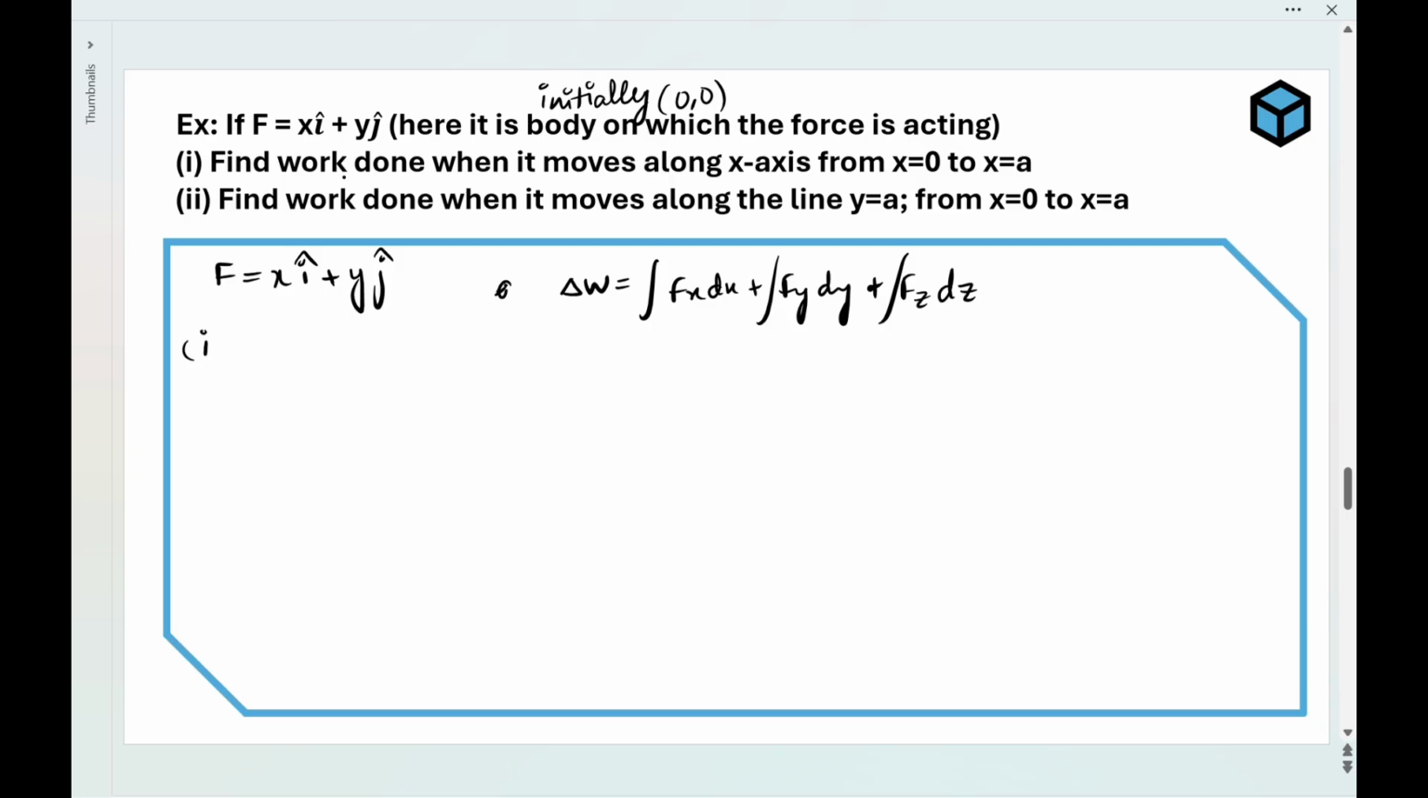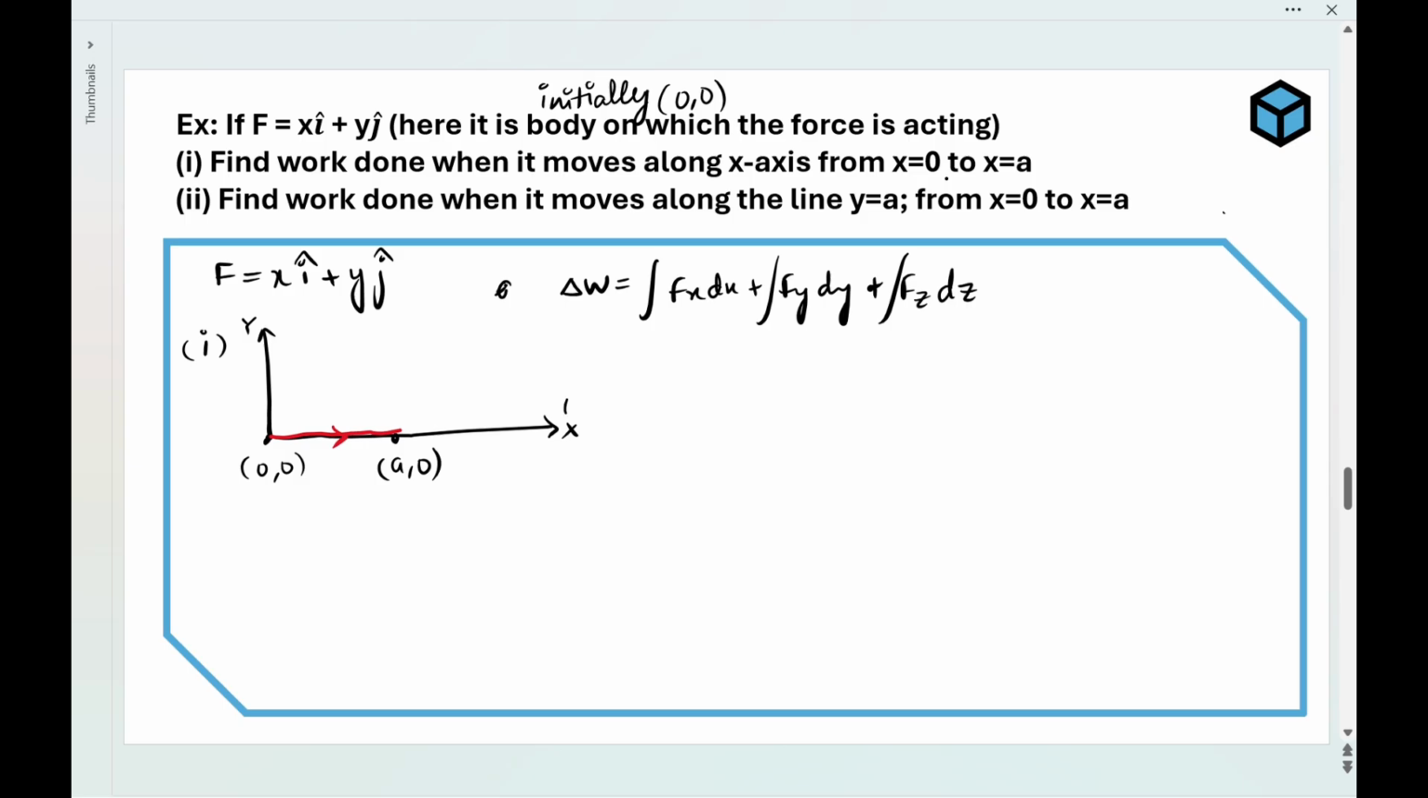So for the first question, now we have this axis. I am drawing it over here. So this is our x-axis, this is our y-axis. Now this is 0, 0. So from the origin we are going to a, 0. So our path is this. This is our path. So now we can write that